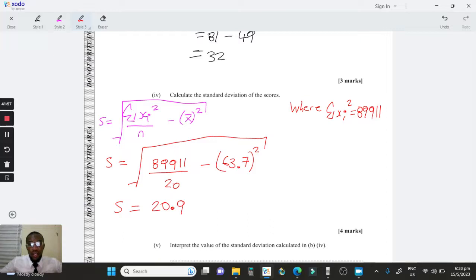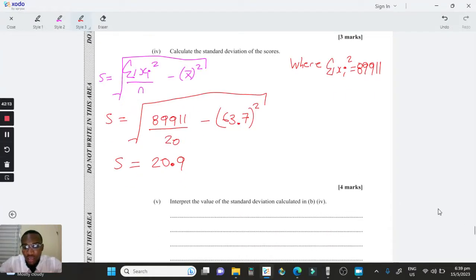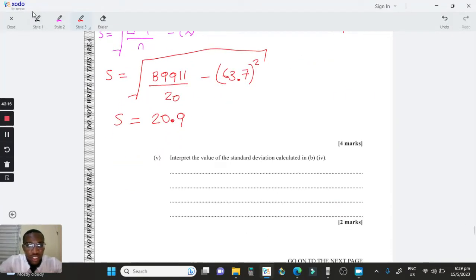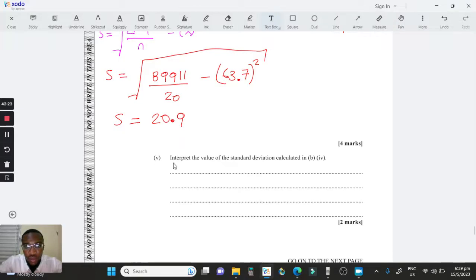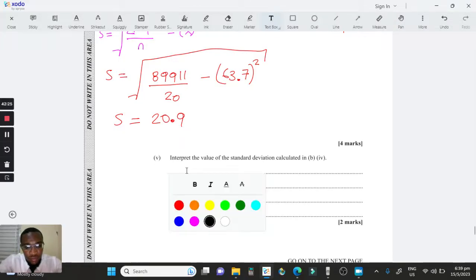And now the next thing it says is that we need to give an interpretation of the value that we computed for our standard deviation. So let's give an interpretation. So an interpretation, this means on average,